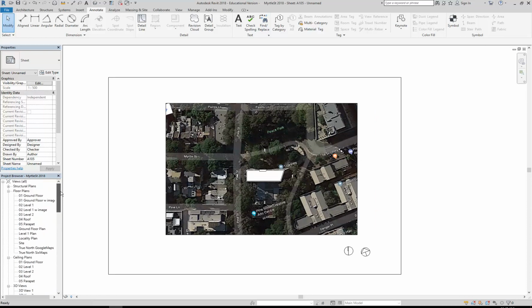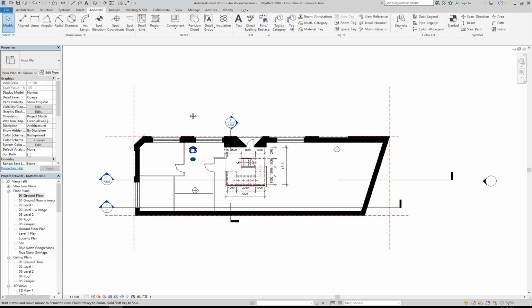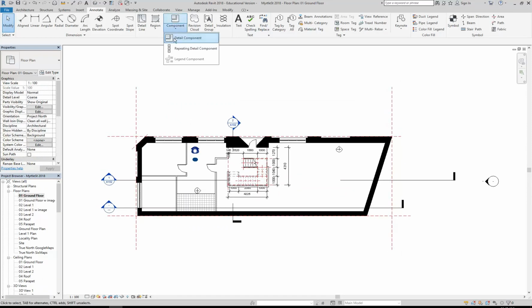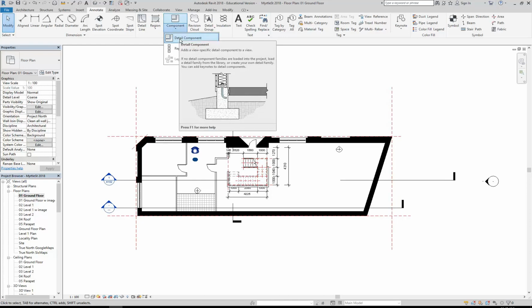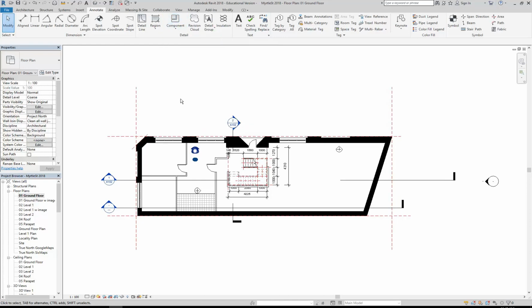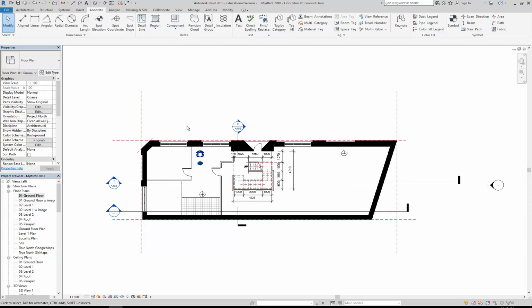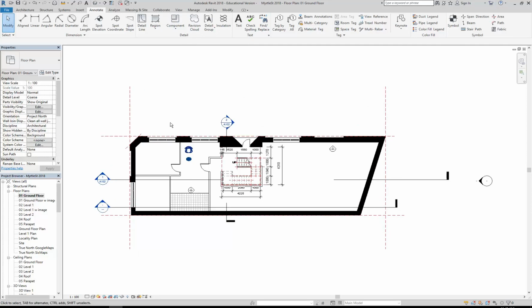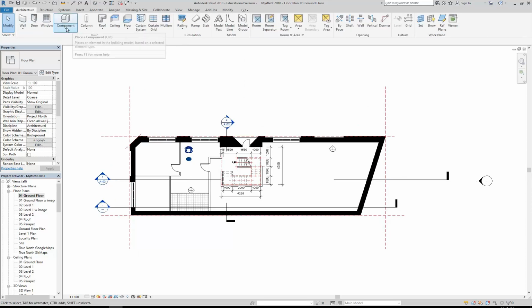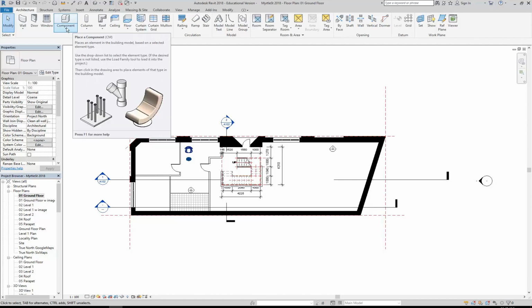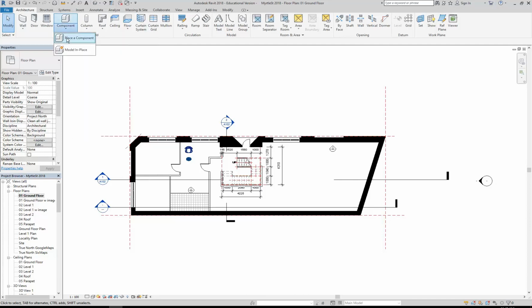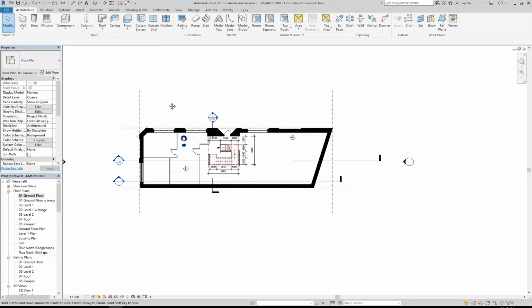Okay, so they're, again, 2D symbols. There are other types of 2D symbols which are a bit more involved called detail components. We'll go into those later, but for details, they're really useful. But probably what's going to be more useful for your design work are things like the furniture families. So again, using place a component. Now you can see I've gone back into a regular plan view. So if I use the component tool, place a component,